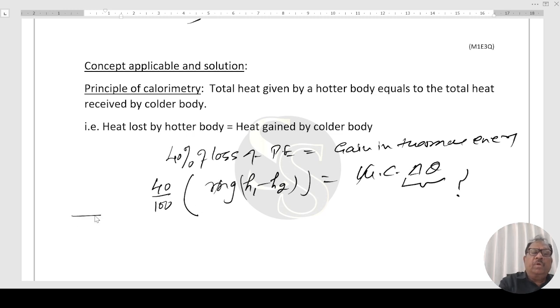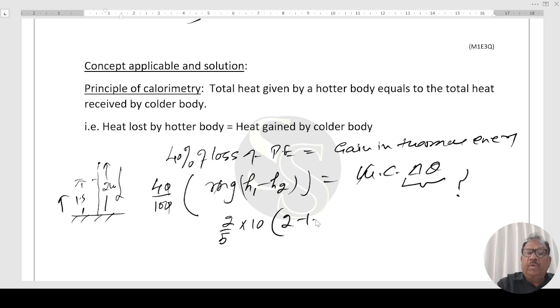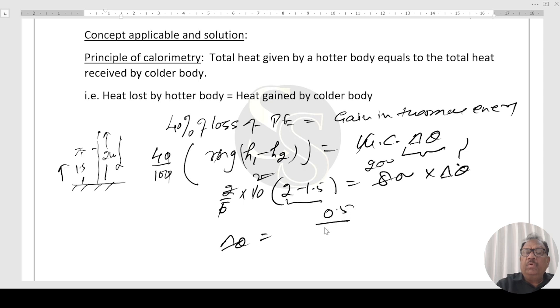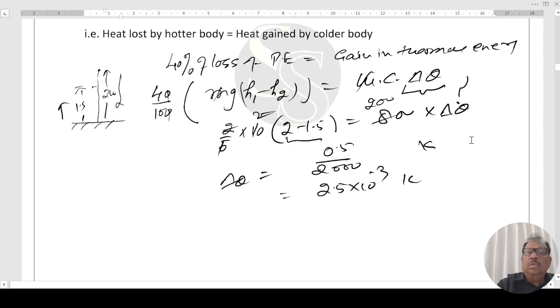This m goes accordingly. It was dropped from 2 meter, then rebounds to 1.5 meter. Then loss of potential energy is there. So this goes 2 by 5 into 10, 2 minus 1.5 equal to 800 into delta theta. Right? Given to you, so delta theta comes out to be 0.5 upon 200, that is 0.5 upon 2000 Kelvin. That comes out to be 2.5 into 10 to the power minus 3 Kelvin, or 2.5 into 10 to the power minus 3 degree centigrade,